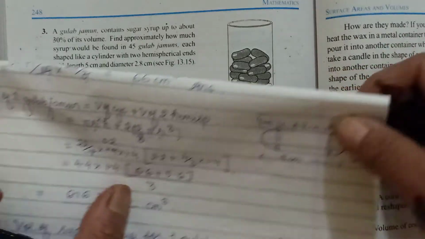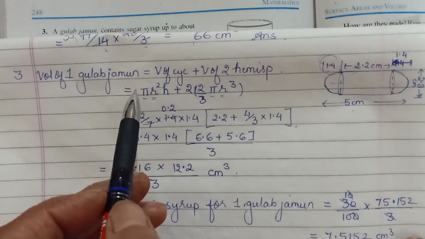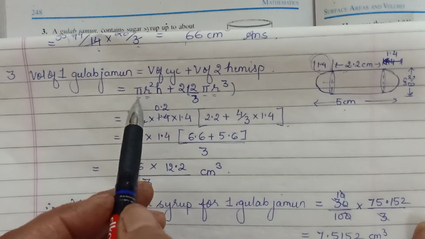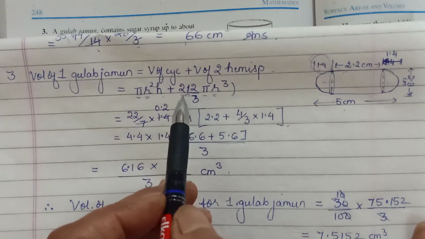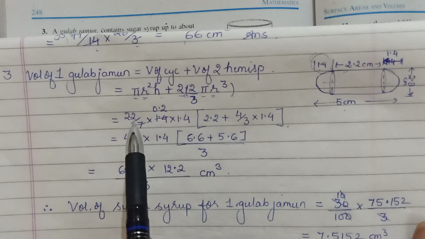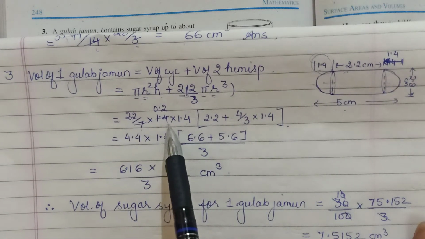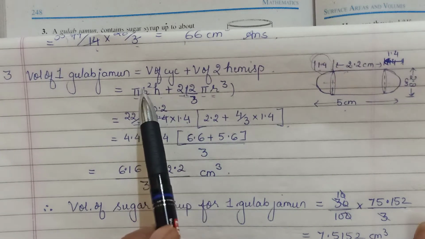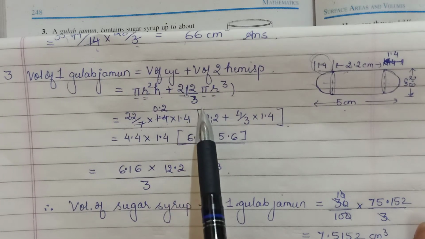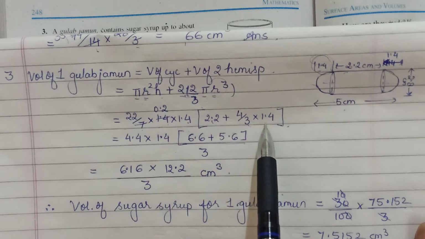Okay, so again the volume, if you want to find the volume of one gulab jamun, it will have a cylinder in between and 2 hemispheres. Put the values again. Pi and r square can be taken common, so pi 22/7, r for both of them is 1.4 each, so 1.4 into 1.4 is r square. The h we found was 2.2, 2 2s are 4/3 remains from here, and only one radius remains here, which was 1.4.